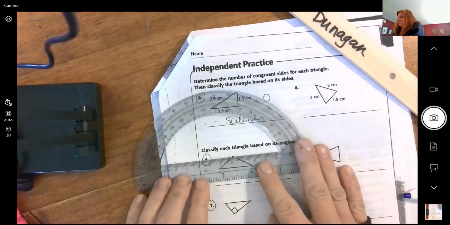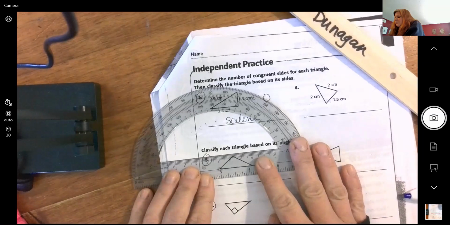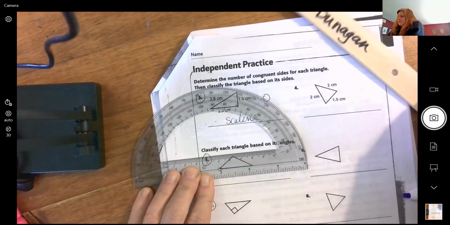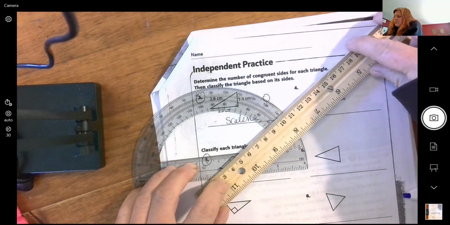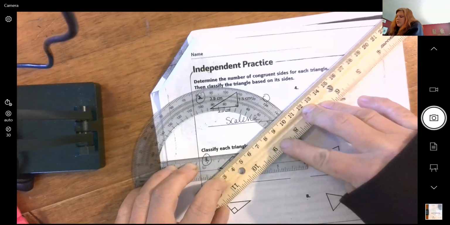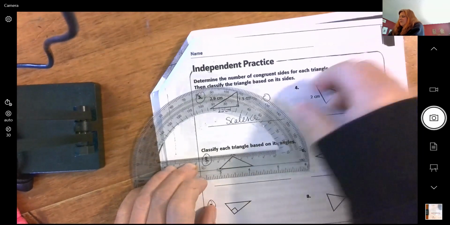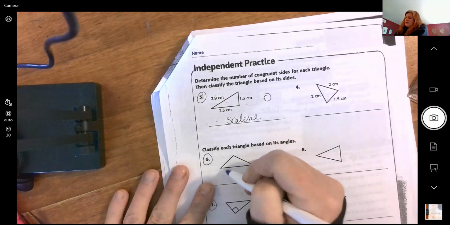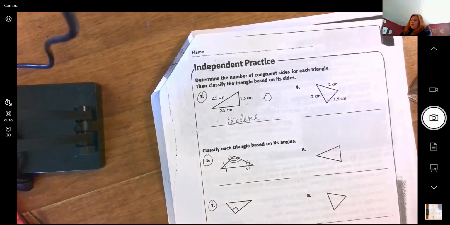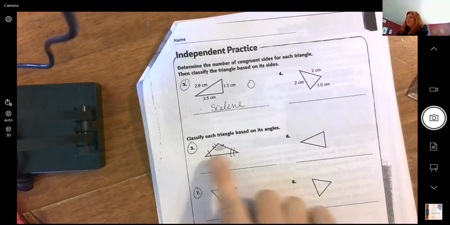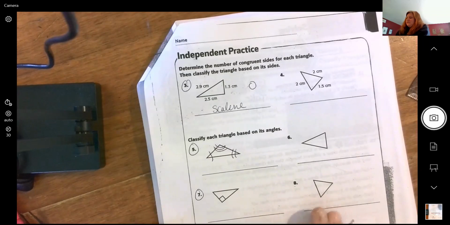All right, now I'm going to move it to the other side. I'm going to move my protractor till it's straight. I'm going to come over here and use my ruler. And we're going to start at 0 and count all the way up, and it is right before 40. All right, so none of the sides, remember we said you can use those little arcs to show that they're congruent or not congruent. None of the angles are the same. So it is